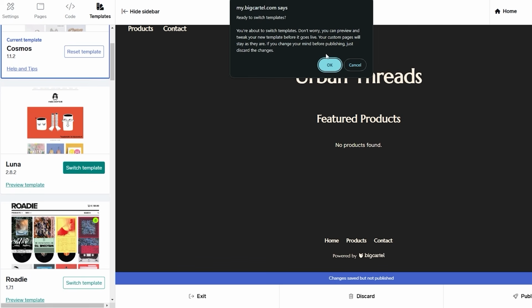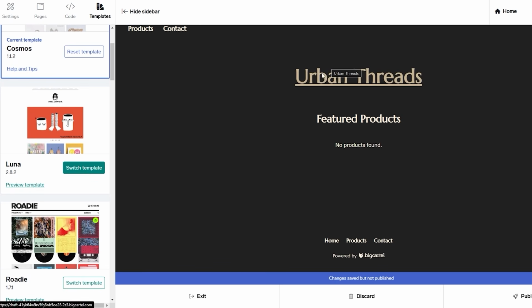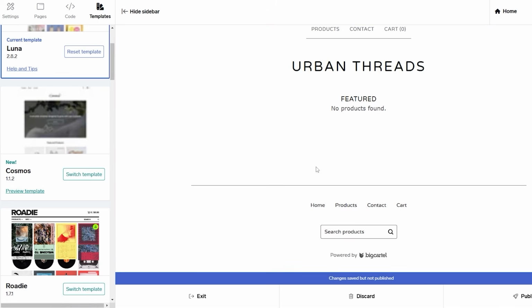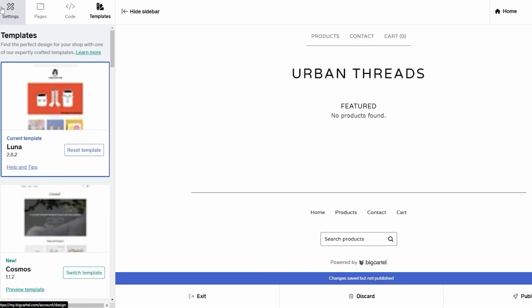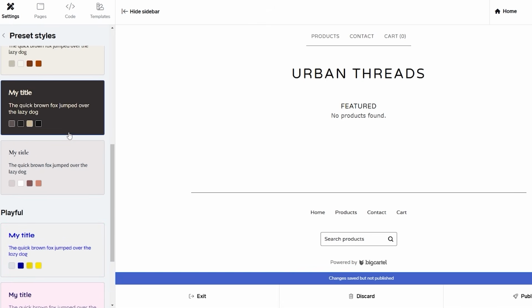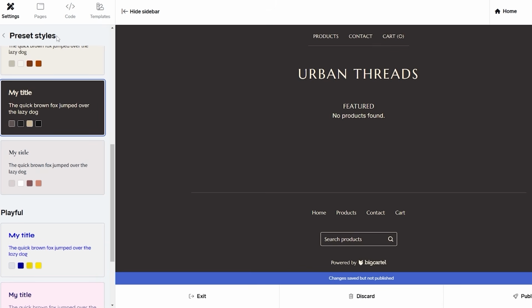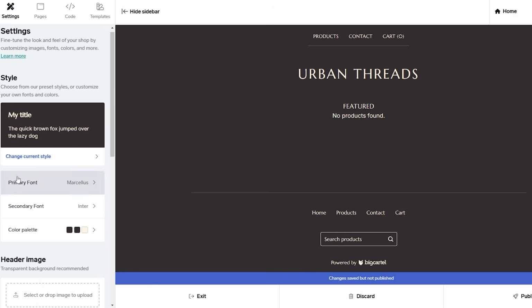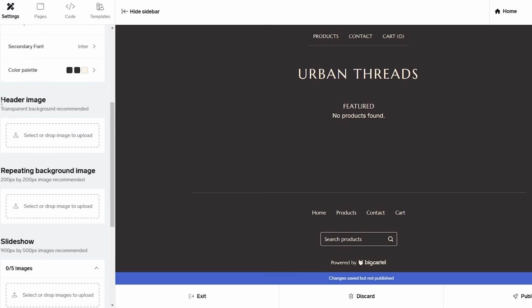Click on switch templates. Click on OK if you want to switch templates. If not, you can edit this current one. And your theme will be switched. So now you can go ahead and change the style to whatever color you like. I like this one, so I'm going to switch to this one as well. So here we go. So now all that's left for us to do is to upload some header images and